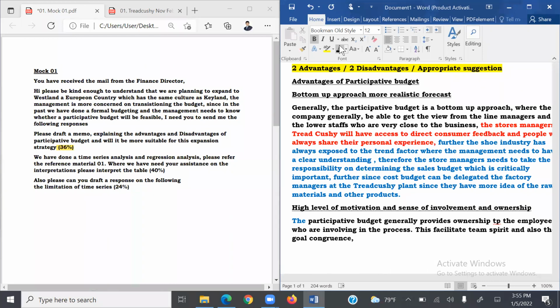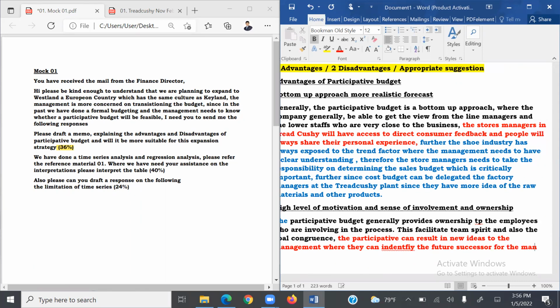So the next thing I want to write down, so that it will be even easier for you to understand: the participative budget can result in new ideas to the management, where they can identify the future successor. Can you remember, students, we do not have a succession plan. Future successor for the management internally,